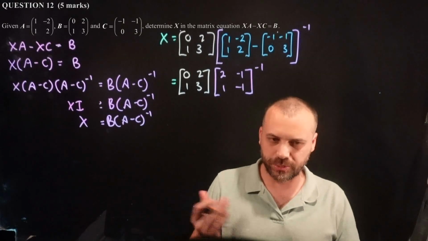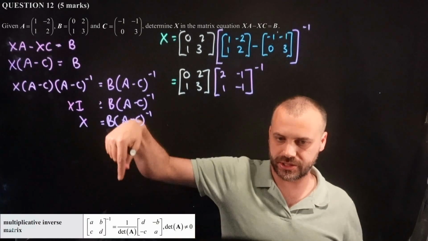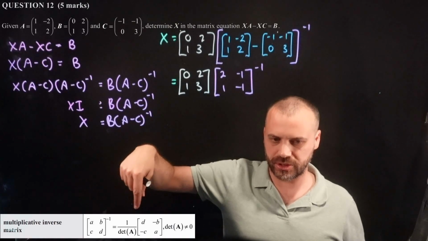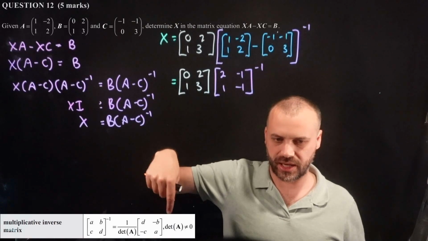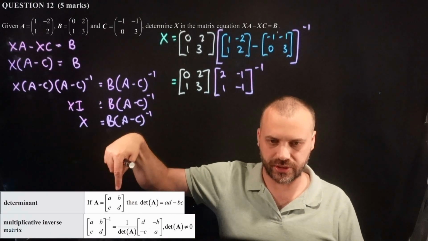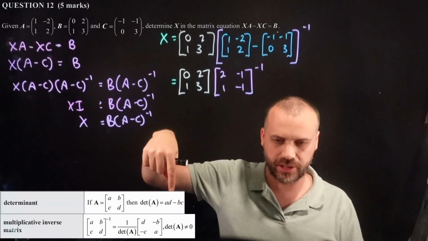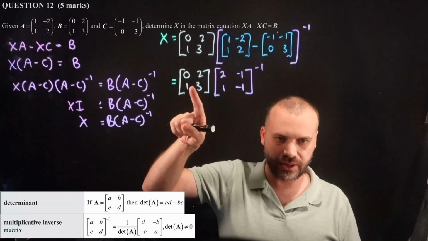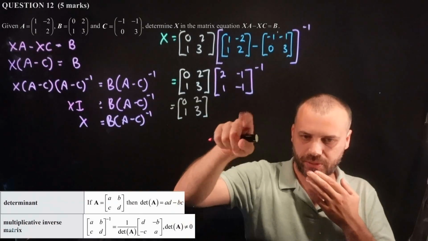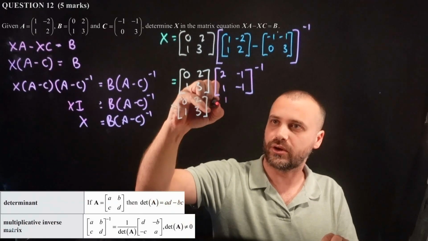Now it's one of those things you should probably know, but it is on your formula sheet. So here we go. The multiplicative inverse is equal to 1 over the determinant of A, D, negative B, negative C, A. What's the determinant? Don't worry, I've got you there as well. Alright, so there's the determinant AD minus BC. Alright, so let's do that up here. We just rewrite this one again. So we're doing the inverse of our pink one here. So 1 over